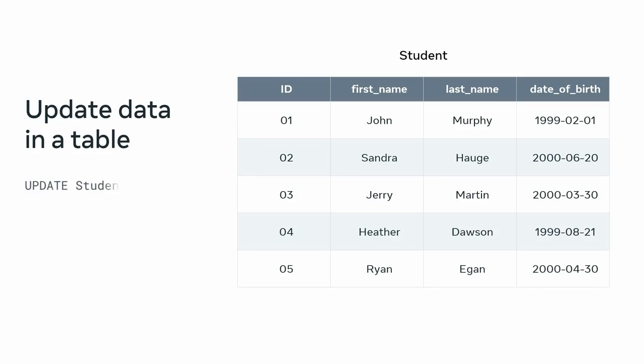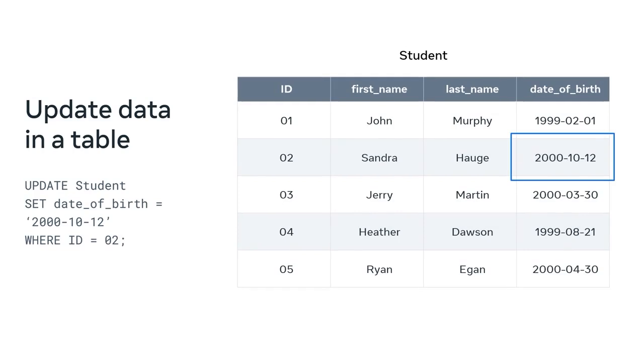But what if I need to update or modify data? For example, let's say I've input the wrong date of birth for a student. To change this data, I can use the update syntax, which is part of the DML subset of SQL. First, I add the update keyword, followed by the student table name. Then I use the set keyword, followed by columns and values I want to update, written as key value pairings. In this instance, it's the date of birth column and a new date of birth value. Finally, I add the where clause and a condition to filter the records I need. For example, to change the data for the student with the ID of 2, I can type where ID equal